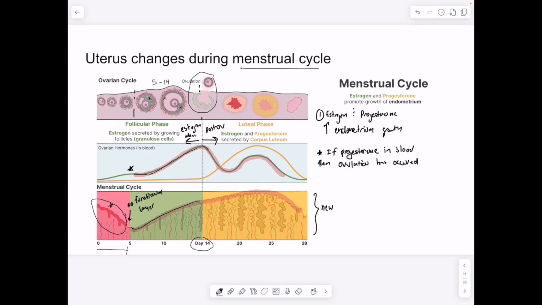And so you're going to have a dip in estrogen, right, as a result of the LH acting on the granulosa cells. And then they're going to start producing progesterone instead. And so progesterone is going to take us from a nice functional layer with straight glands to these very big spiral glands overall that are going to be ready for the implantation of the zygote. All right, but progesterone,